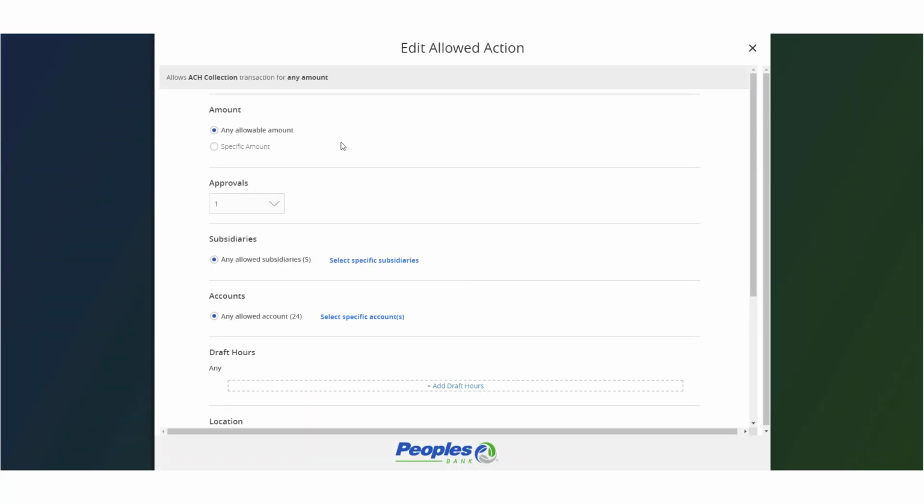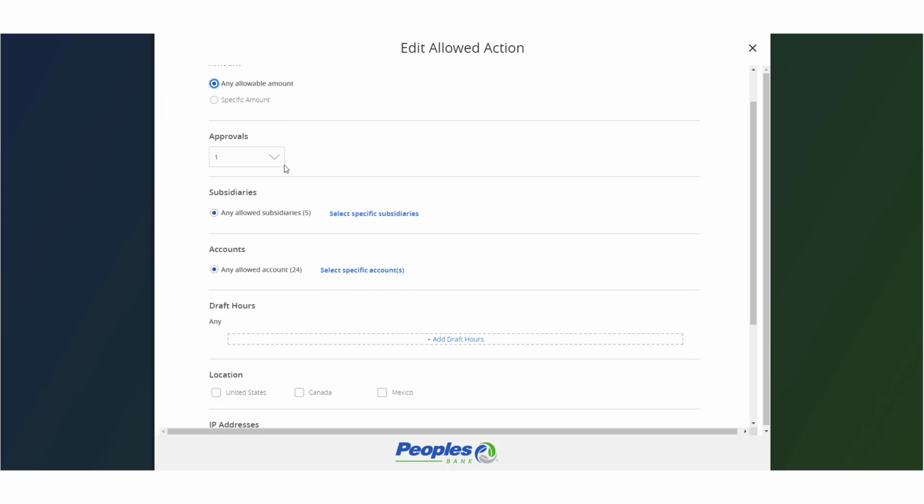Please note that one or multiple levels may be set up to establish general or granular user limitations. Select the Amount option to specify the dollar amount that will be the draft limit for the allowed action being set up. A designation of any allowable amount means the user may draft a dollar amount up to the set approval limit. Click the drop-down menu below the Approvals option to select between 1 and 5 required approvals for the